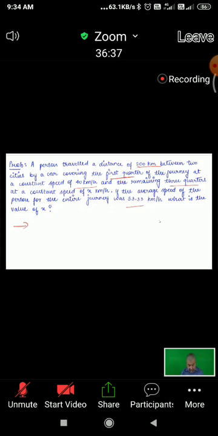Yes, Manisha, I must be getting, but I missed some name. Remaining 3/4 at a constant speed of x kilometer per hour. If the average speed of the person for the entire journey was 53.33 kilometer per hour, what is the value